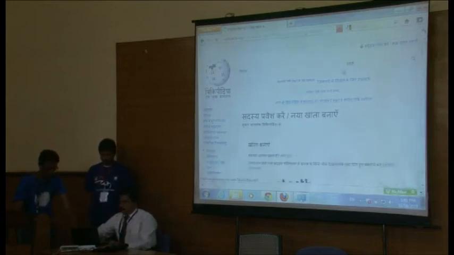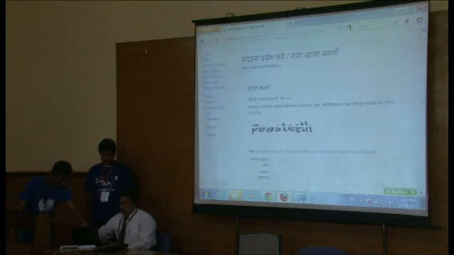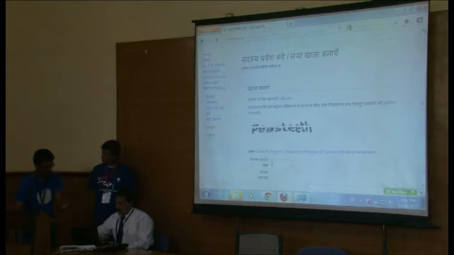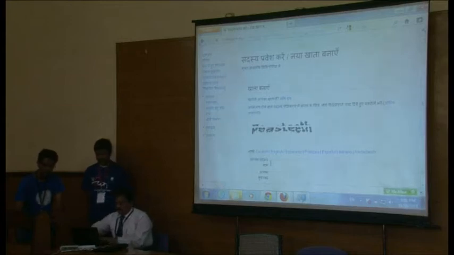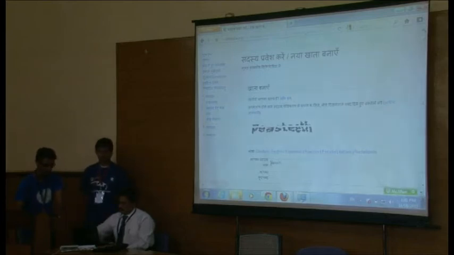If you just go down, you have to enter a few credentials. So आपका सदस्य नाम, you have to give your name. Preferably, it will be good if you give an English name, because it becomes quite easier for you to log in using the same username for all the wiki projects. Yes, you can definitely mark all your languages as central. That's a really good option. You have 275 projects in Wikipedia, and for all the languages you can use a single user ID and password.